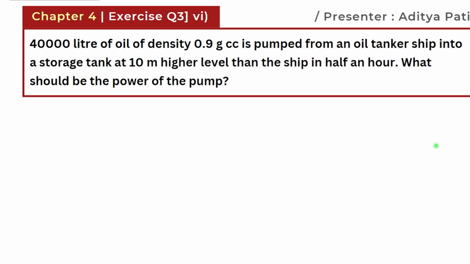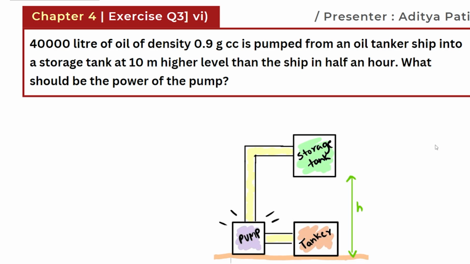Trust me. So in order to uncomplicate this question, let's start with a diagram. This diagram illustrates whatever is happening in this particular question. As per the question, we have a tanker and this tanker has some quantity of oil. To be specific, it has 40,000 liters of oil. And we are required to take this oil from the tanker and transfer it to a storage tank. The only challenge over here is this tank is not on the ground, but rather it is at a height